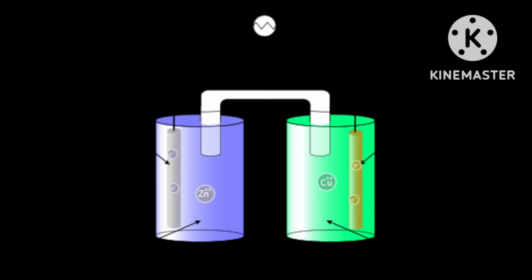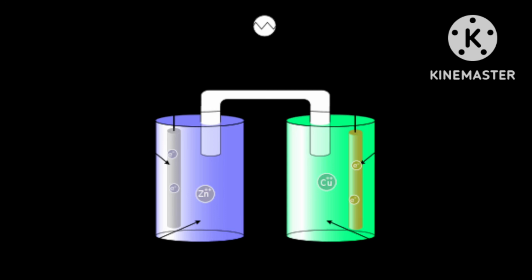Now here you can understand what is happening. In the first case, Zn dissolved and gave Zn2+ ion. It went into the solution. What about the electron? Each atom gave 2 electrons. Then what will happen to this electron? The metal rod is dipped in the solution, so the Zn ion went inside. But this